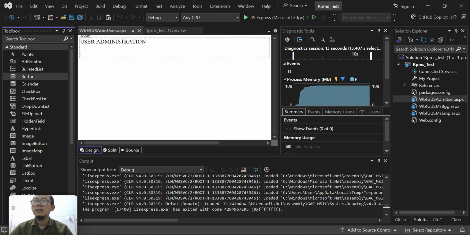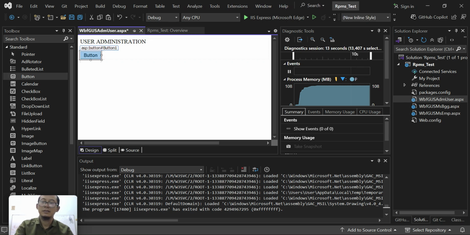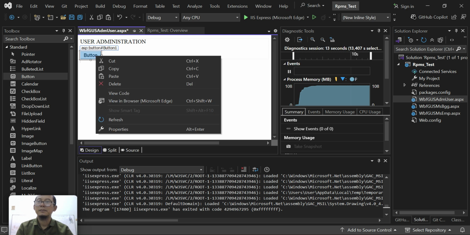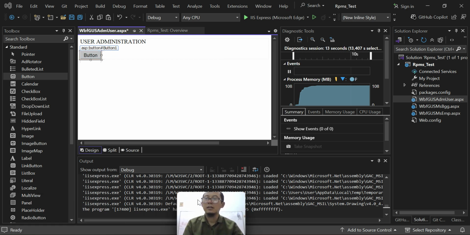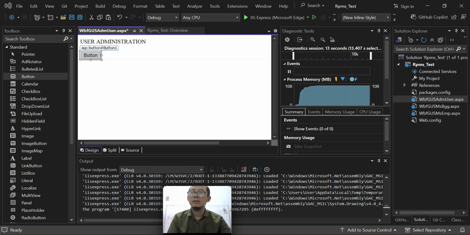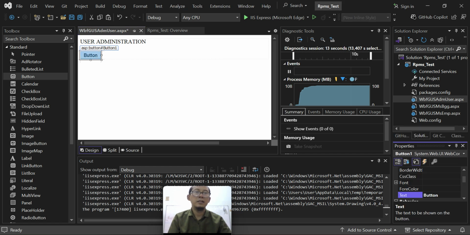Okay, let's find a button, and properties.